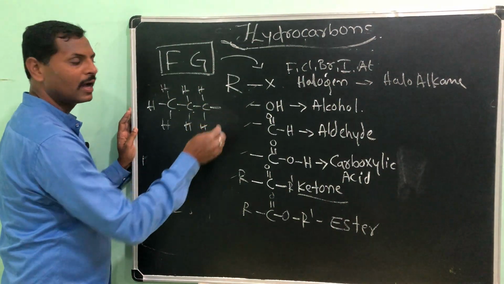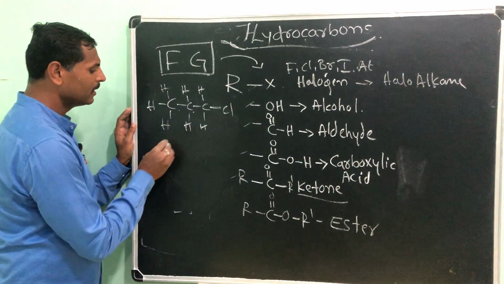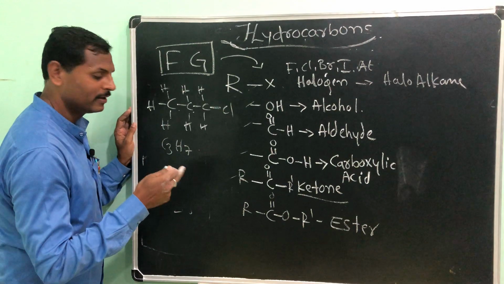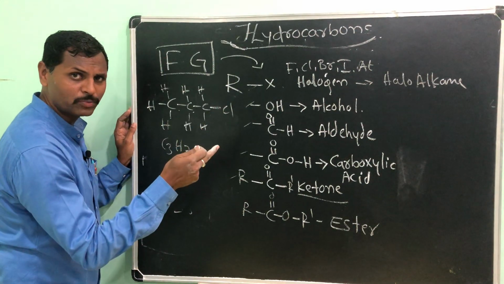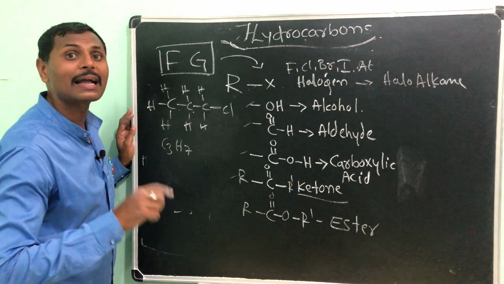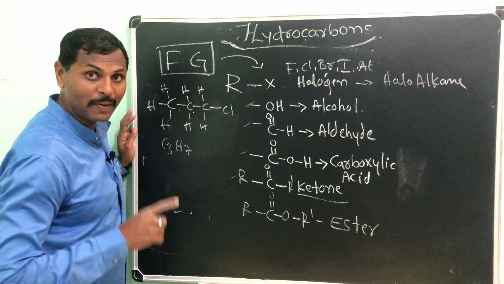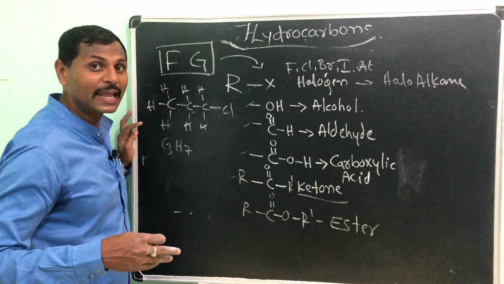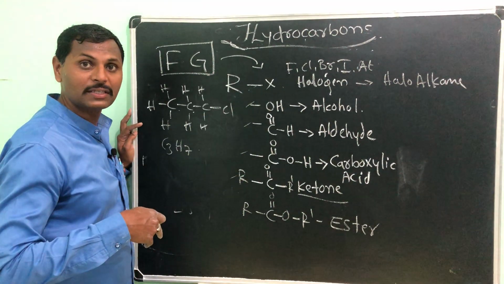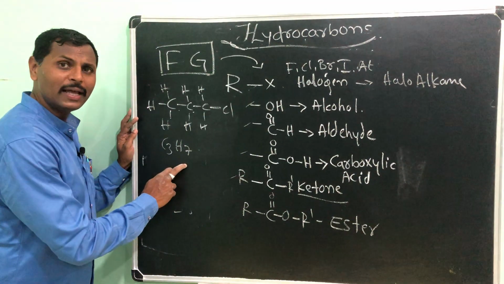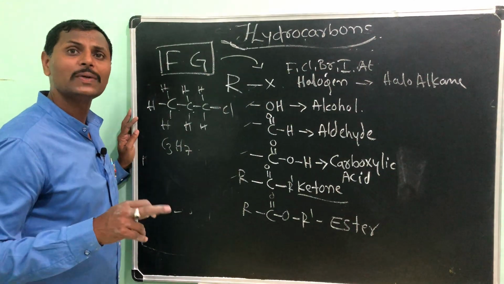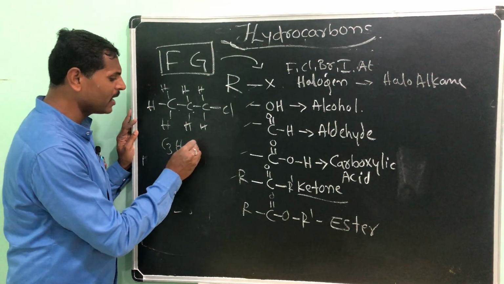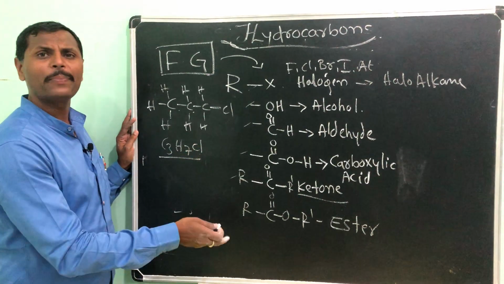So here I will add chlorine. Then C3H7. 3 2s are 6 plus 1, 7, because 6 plus 2 has to be there. I have taken an alkyl group here. Alkyl group, as I told you, is CnH2n plus 1 only. I told you in the previous video that I have taken CnH2n plus 1 only here. You can count 7 hydrogens are there, and chlorine, chloropropane.